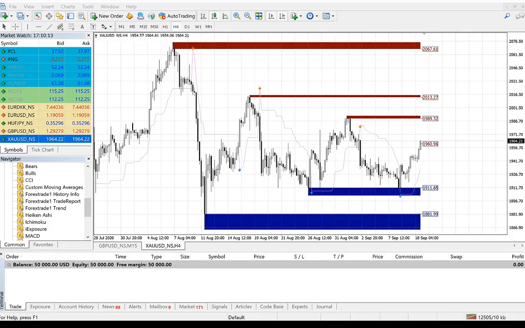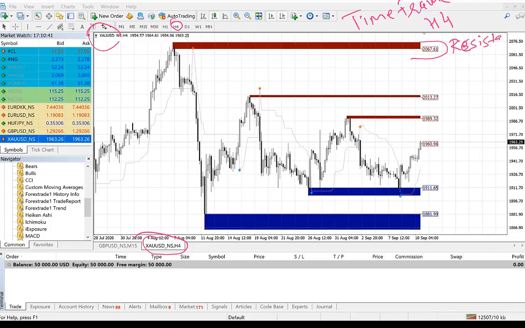So here we have taken the example of XAUSD signal, which you can see here, and the time frame used is H4, which you can see here. It doesn't mean that it does not work with other time frames, but here for the example we have taken the H4 timeline. So as you can see, these are the resistance lines, which means that you can sell from these lines.